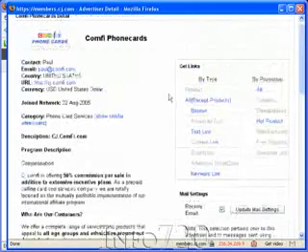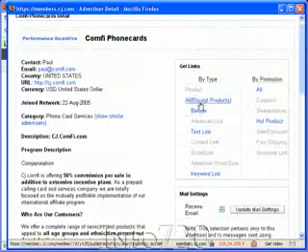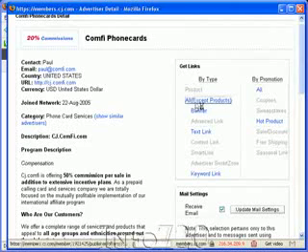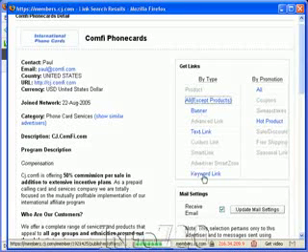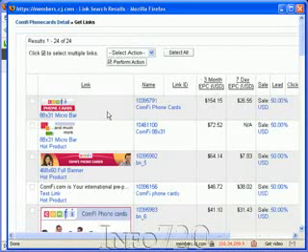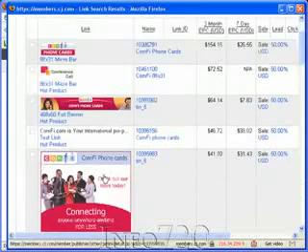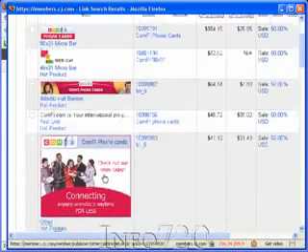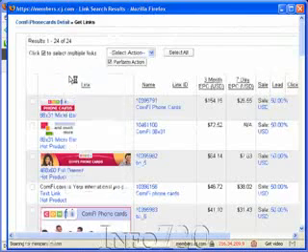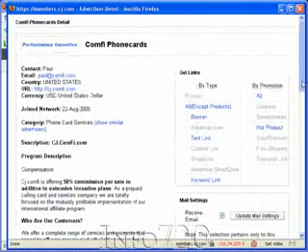That said, here's the other thing that I usually check out. I check out what kind of links these guys have available. It looks like they have banner, text link, and keyword link. So here are the products, and this breaks it down by the specific banner, and you can gauge based on that what types of banners are actually producing better results. Even though that's not a rule set in stone, it may be something that over time is actually paying off. So if I were to set something up specifically with Comfi, if I were to apply to their program and actually get accepted,